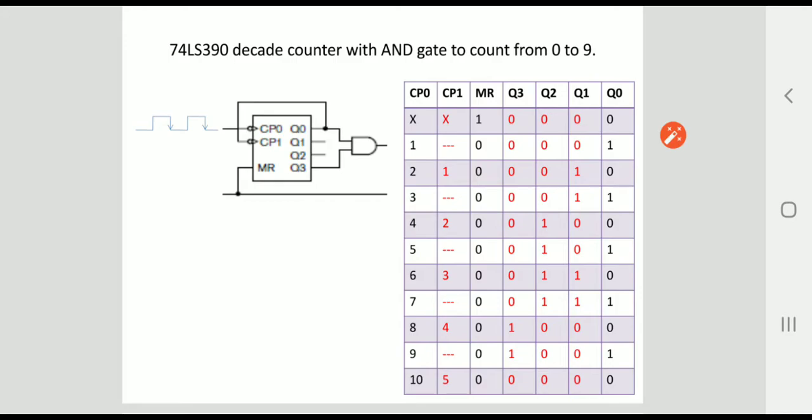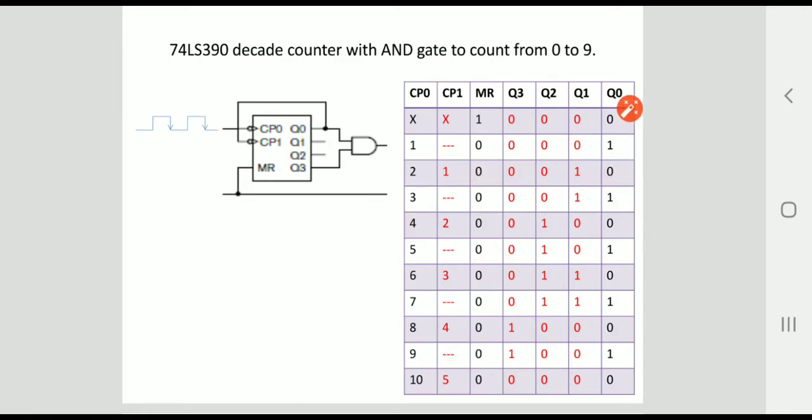Next, we make the master reset 0, meaning now you can perform the operation. The first negative edge is applied to clock pulse 0. Initially Q0 is 0. When clock pulse 0 is applied, Q0 changes its status from 0 to 1, which is shown here.